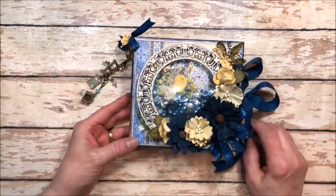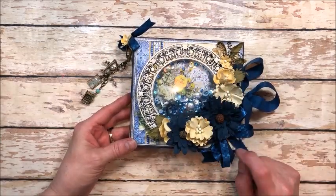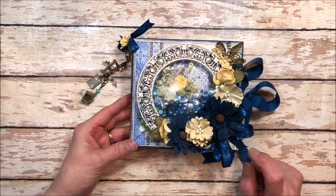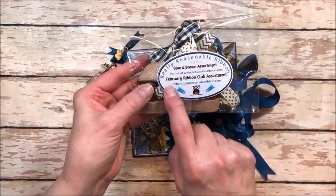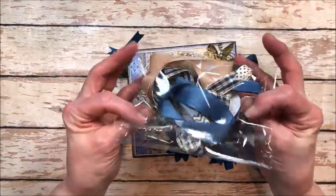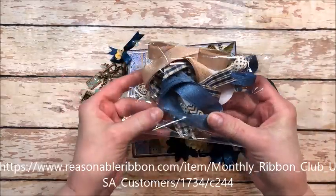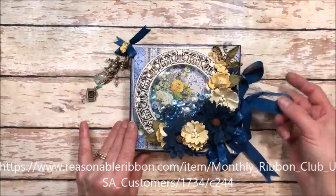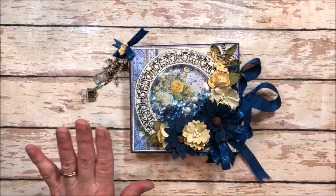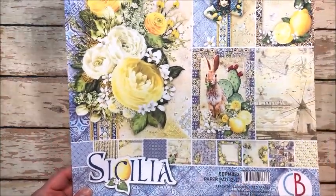I have a beautiful project to share with you. I made this for the Really Reasonable Ribbon February blog hop, where we are using the February Ribbon Club assortment, which is blues and browns. And as you can see, I have used a lot of these. So I chose to work with the blues, and I paired it up with this beautiful Sicilia collection from Ciao